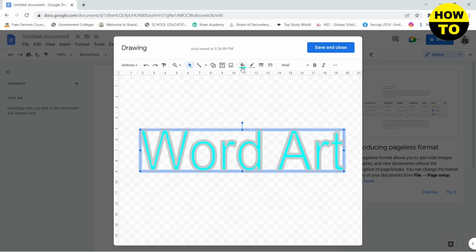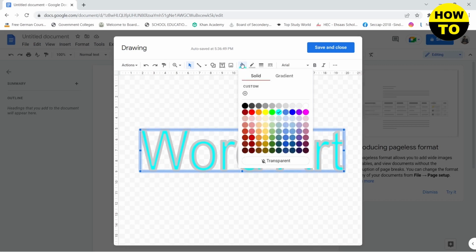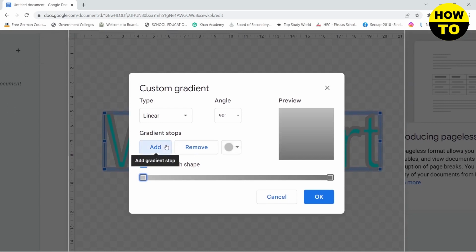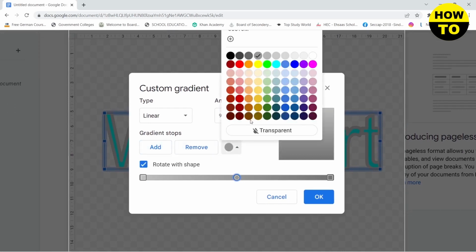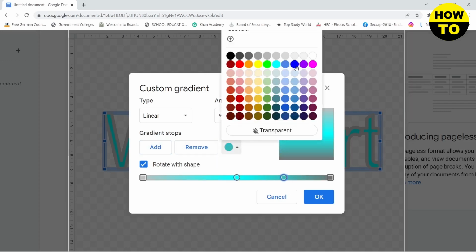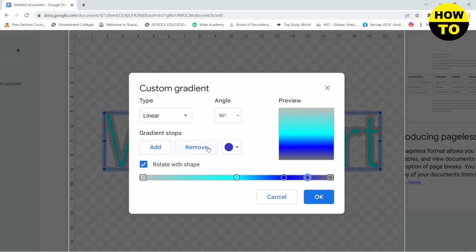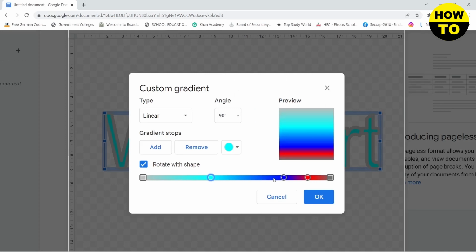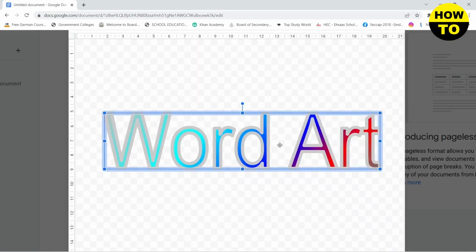And one of the interesting things is gradient. If you click on this box and then go to gradient, you can add a custom gradient. Click on the plus and here you have to click on add, select the gradient color and then again click on add, select the gradient color, and you can do it as long as you want. You can adjust the shading as well in the slider, and here in the preview you will see live changes. So personally I like 45 degree the best, and if you click OK, you will see that your word art